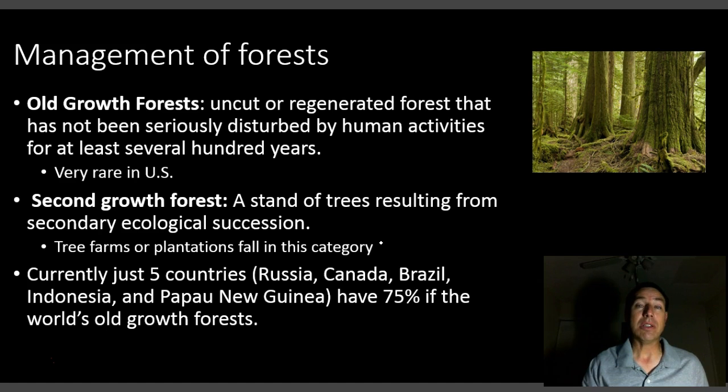The other thing to know is that when we take down trees in forestry operations, we tend to replant with what we call a monoculture. It's basically all the trees are the same species. That is not very good for biodiversity, and so we get what we call these tree plantations, where you have all just one species of tree growing, and then later on that area of forest will probably be harvested again